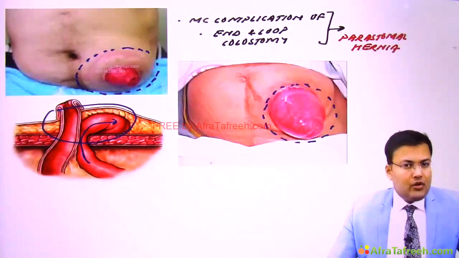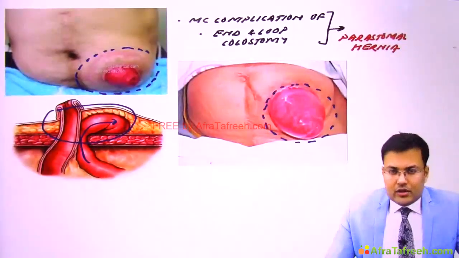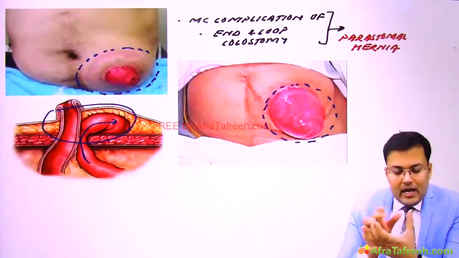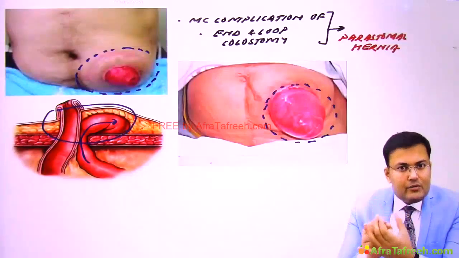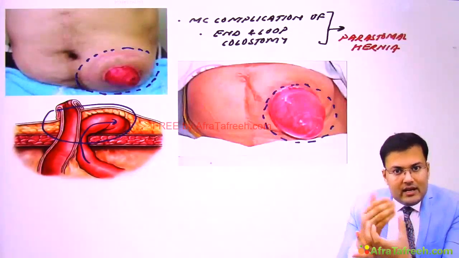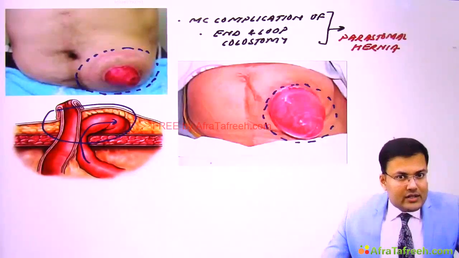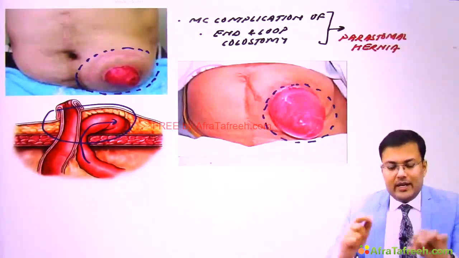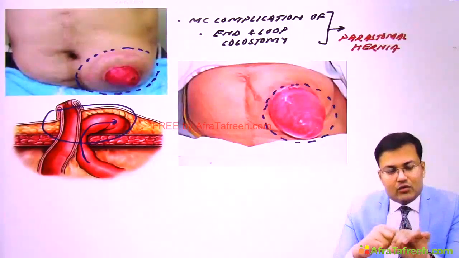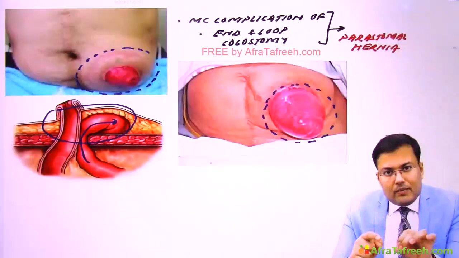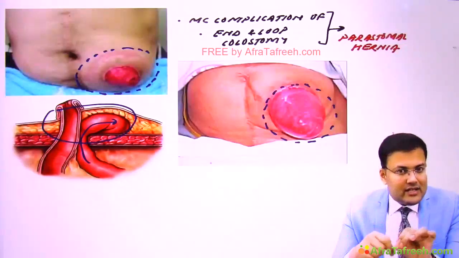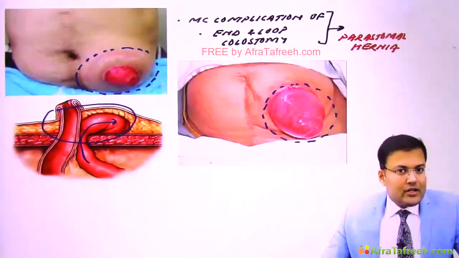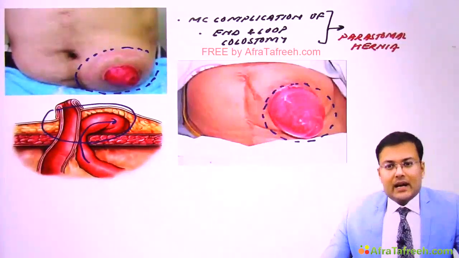Clear? So now we have to compare the end colostomy and loop colostomy. In loop colostomy, the opening made in the abdominal skin is larger, so there are increased chances of prolapse. The risk of prolapse is higher in loop colostomy. And in end colostomy, the dissection around the stoma is extensive. In comparison to loop colostomy, there is extensive dissection performed around the stomal opening in end colostomy, and because of this, there is increased risk of parastomal hernia.